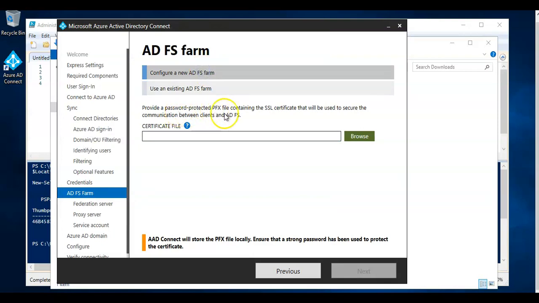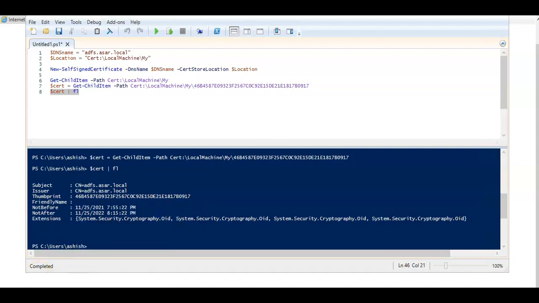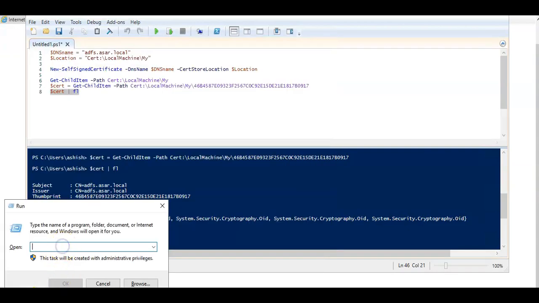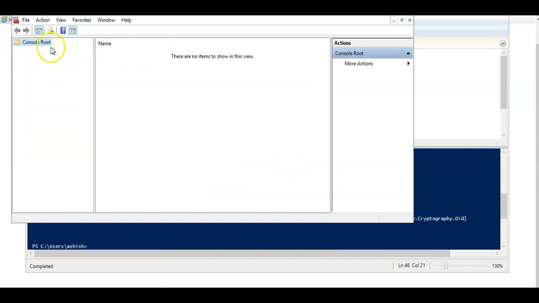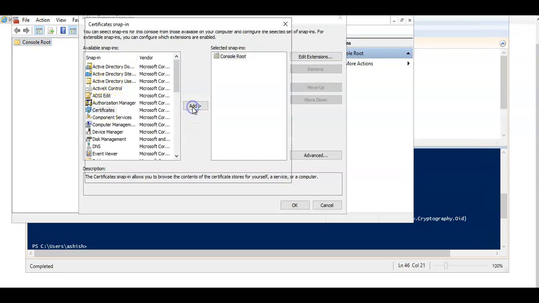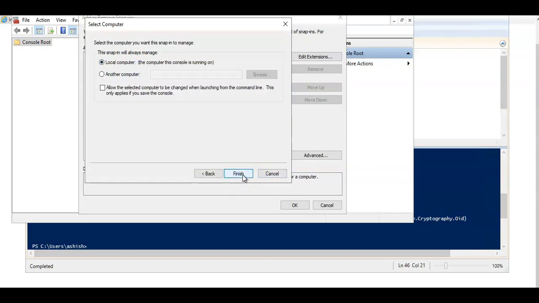Provide a password protected PFX file containing the SSL certificate. My certificate. Wait, I'm going to search. Okay, now we have to export that cert. We'll do start. Let me show you. On the server on which we ran the command, I will do run. In here, I'll type mmc. I will do control M, add certificates, computer, local,